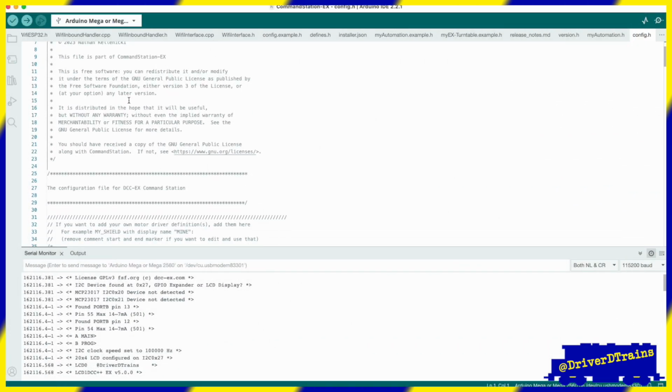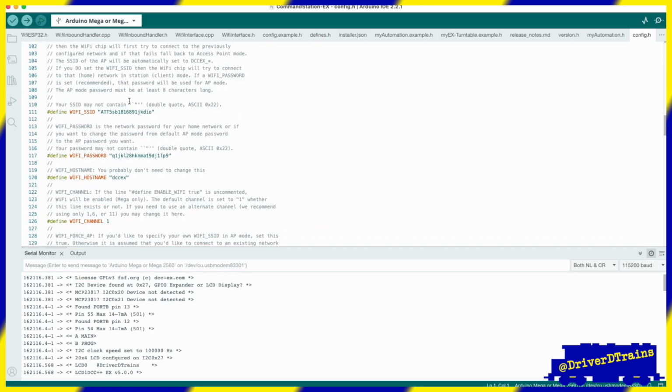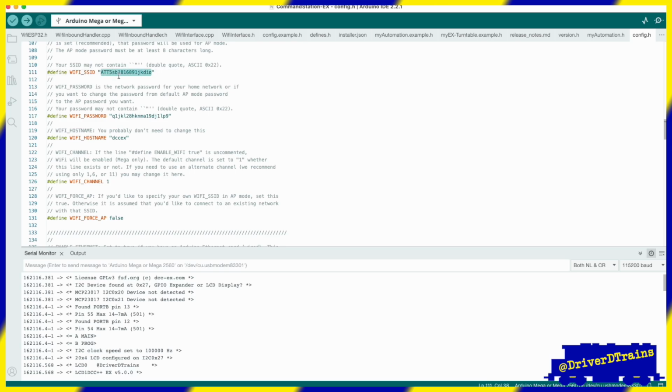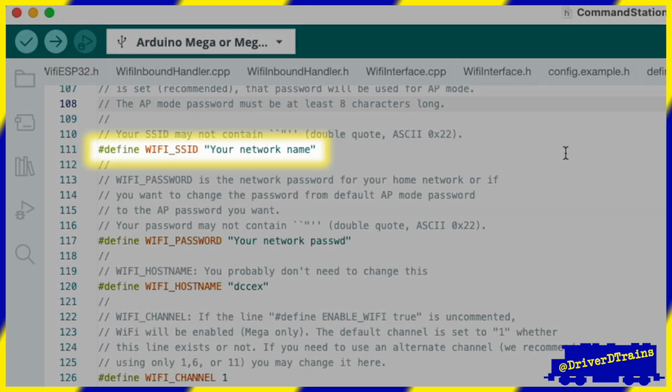Another option is to type the default Wi-Fi name and password into our config.h file in place of the ones we entered for our home Wi-Fi network. In order for this to work, they have to appear exactly as they do in the example configuration file. Specifically, the Wi-Fi SSID has to be exactly "YOUR_NETWORK_NAME" in quotes, and the Wi-Fi